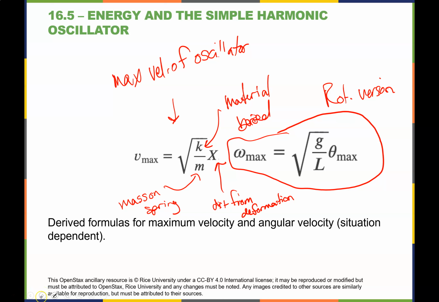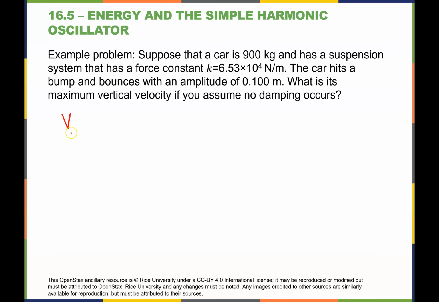Okay, so let's do a practice problem. For this one, we're going to calculate Vmax by taking the square root of K over M, sorry, not L, M, and then we're going to multiply the whole thing by the deformation. For our particular problem, we have the mass of the car, the force constant K, and we were given the actual deformation is 0.1 meters. So we're going to plug these values in, and we should get